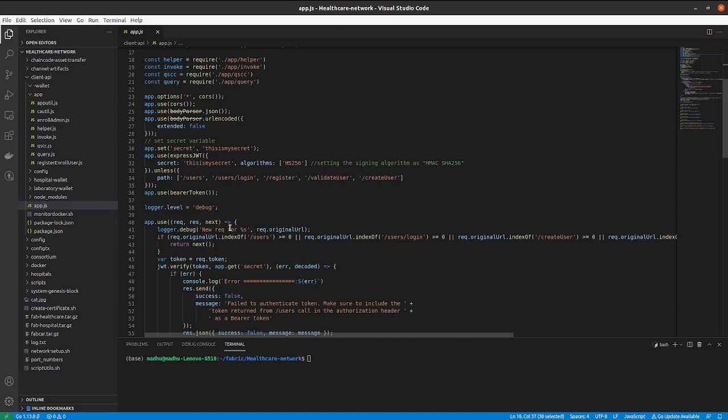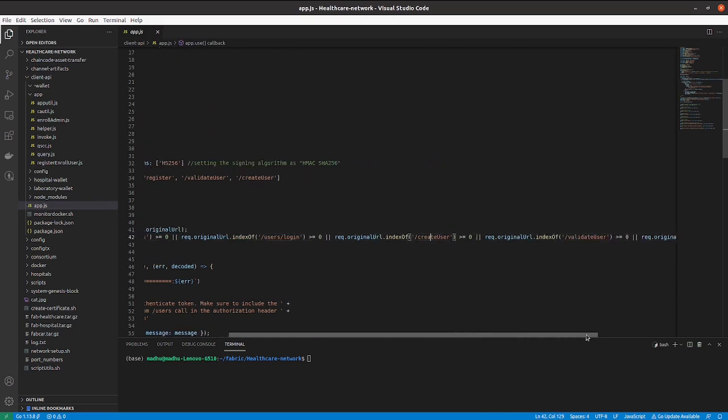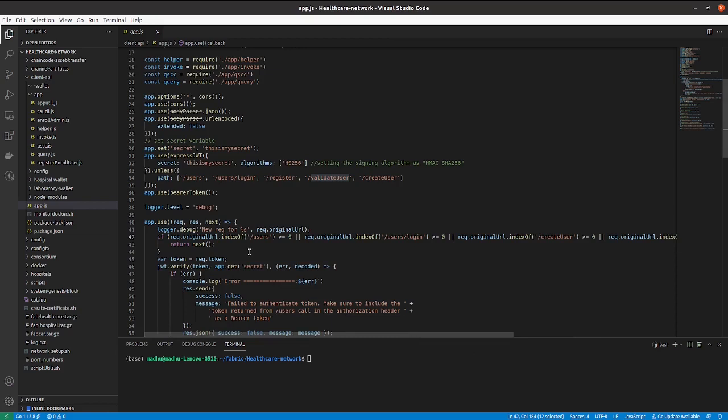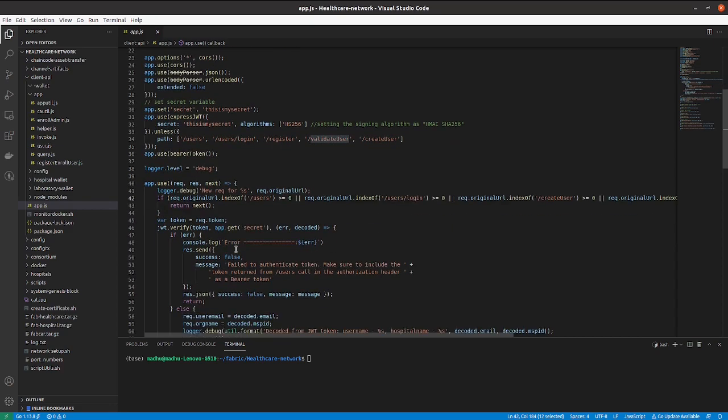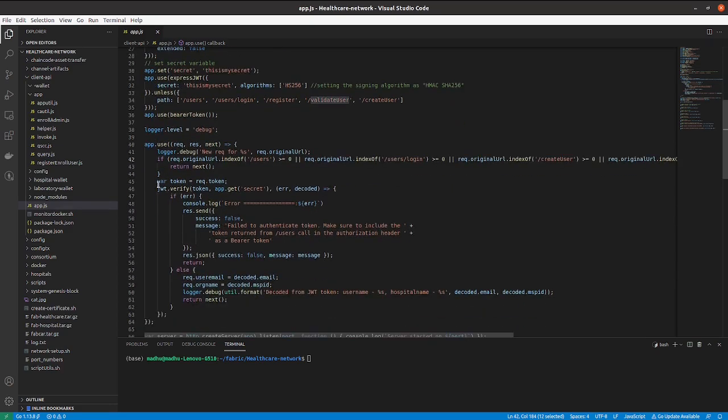If the request URL contains keywords like login, create user, verify user, validate user, then the client request will not have the bearer token, so directly it will go to the main function. Otherwise it will verify the bearer token.